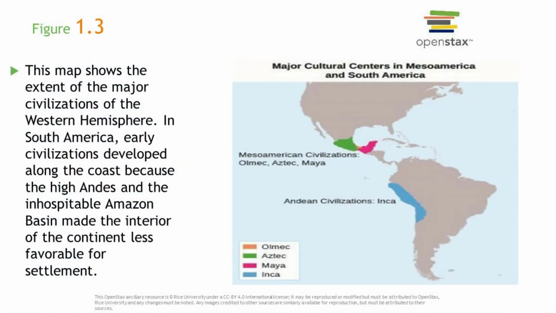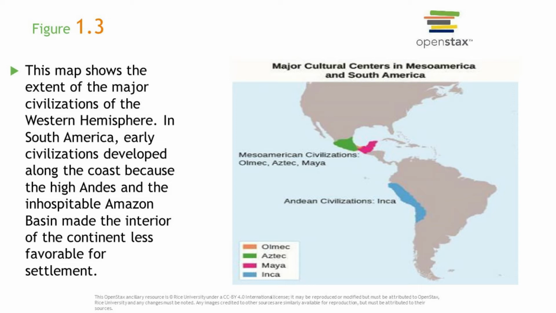Next, let's go ahead and look at some major cultural centers in Mesoamerica and South America. First, we're going to look at the Incan civilization, which is located west of the Andes Mountains, and they're located in present-day Peru. Then as we move up north, looking at the Maya, represented by pink on this map, they are at the Yucatan Peninsula in Mexico, stretching out into the Gulf of Mexico, we can see there. Next, in green, we can see we have the Aztec civilization. That's located primarily in Mexico, with their base being in Mexico City.